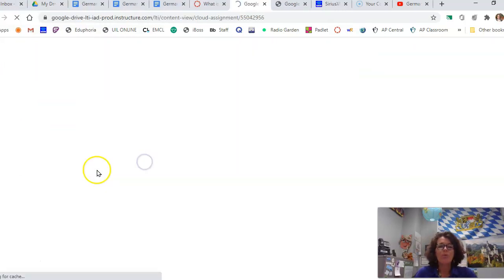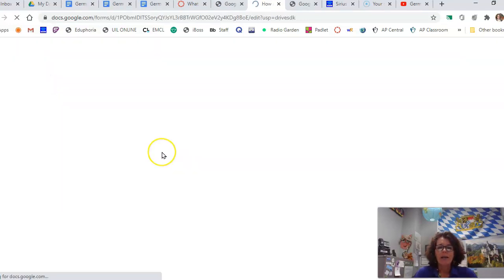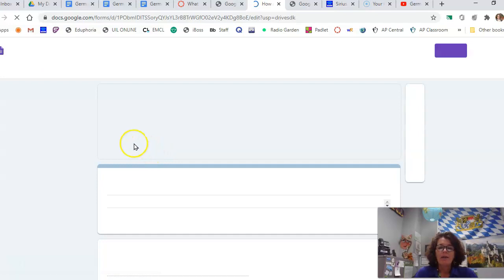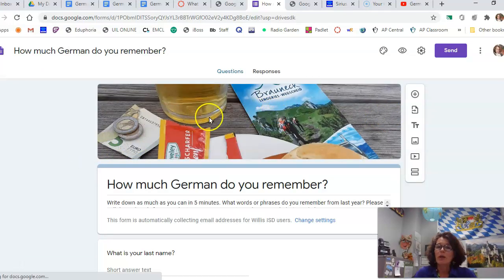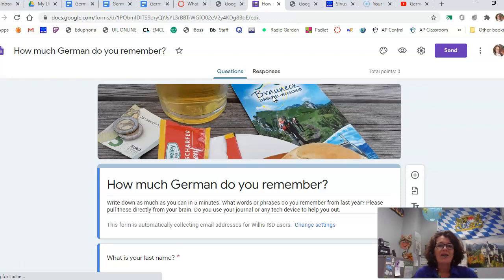Okay, so let's go to what is your why. It's going to load up for us. Click on that. And you will see here, this is an actual picture that I took from the Brown Eck the summer before you came into German 1. Back here, I've got all my pictures. That's the Brown Eck right there. That's the brochure that's on that table, the brochure that I put on my wall. That was my lunch that I had up there on the top of that mountain, which was really cool.